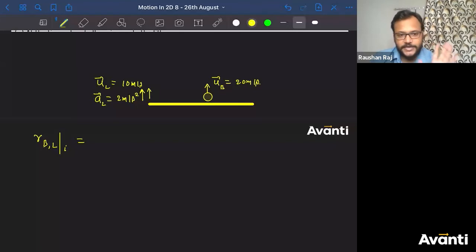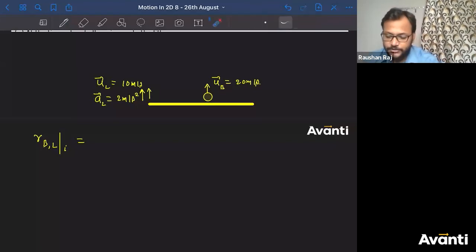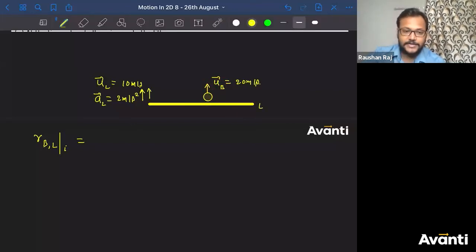Yes, right? Okay. So now give me an answer for the initial position, the position of ball with respect to lift at time t is equal to 0 when the ball has been projected. It's 0. Kya hai bhai? Position of ball, position of lift, they are at the same position, right? What is the distance between ball and lift initially? 0, right? Kya likhenge? 0.